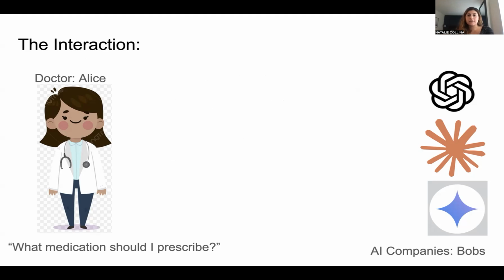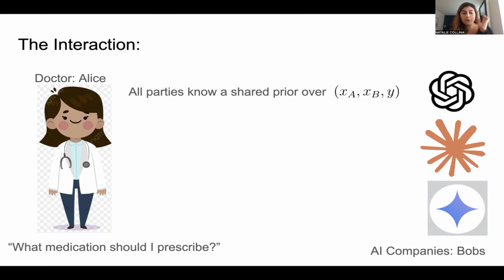So the general interaction goes like this. There's some shared prior. By the way, I will just add in a little asterisk here. Eagle-eyed people might be confused why I poo-pooed the Bayesian setting in the first part of this talk, and I'm now fully in the Bayesian setting. And that's entirely fair. So the general way I see it is you have to solve the Bayesian setting first. So for the first part of this talk, the Bayesian setting was solved, so we solved the non-Bayesian setting. And in this part of the talk, the Bayesian setting wasn't solved, so we're solving that first. But it'd be really great to think about what it looks like to take the Bayesian setting away in the second part of the talk as well.